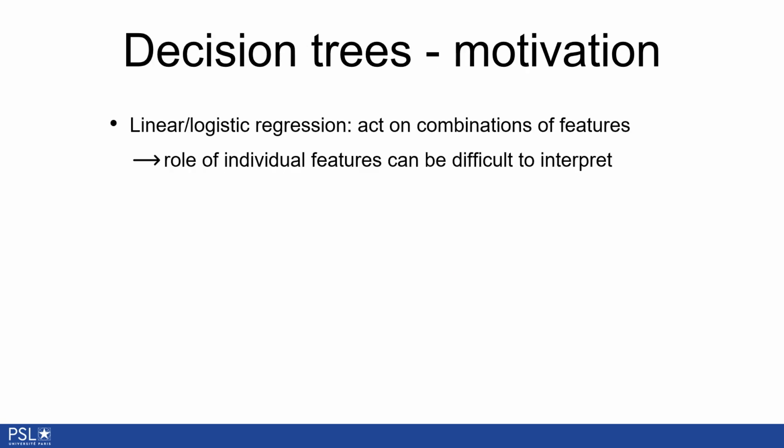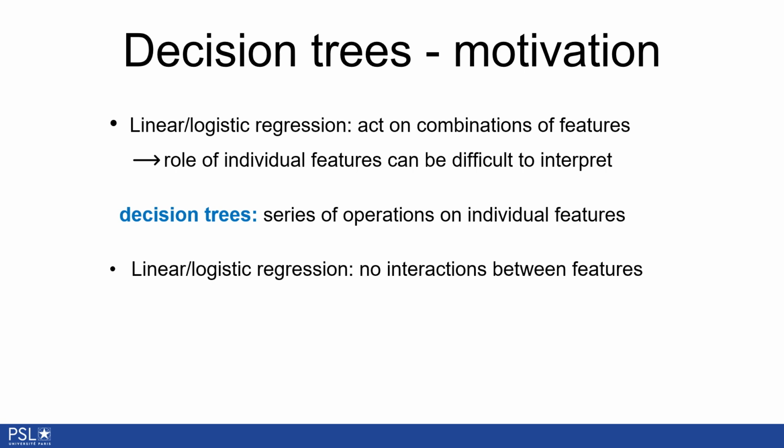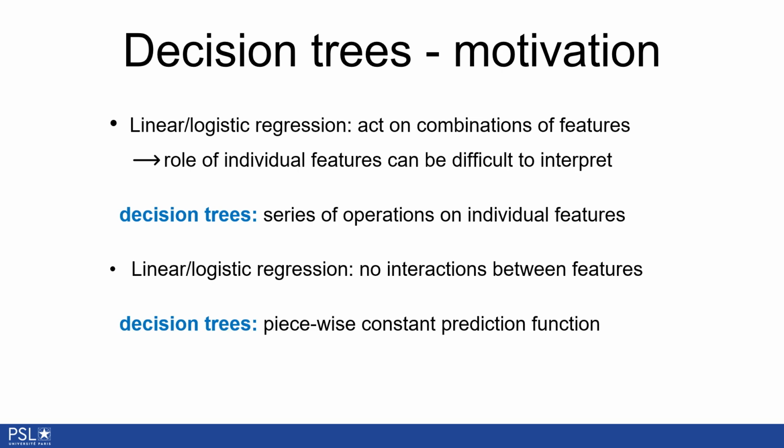The linear and logistic regression models that we covered so far act on linear combinations of features, and this can make it sometimes difficult to interpret the roles of individual features. In contrast, decision trees are a class of models based on a series of operations on individual features. A second limitation of linear and logistic regression models is that they usually do not include nonlinear interactions between features. Decision trees are one way of addressing this limitation in the sense that they effectively implement piecewise constant prediction functions